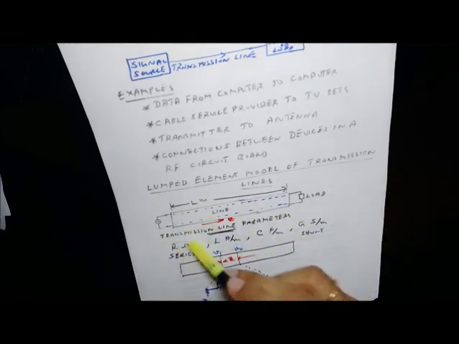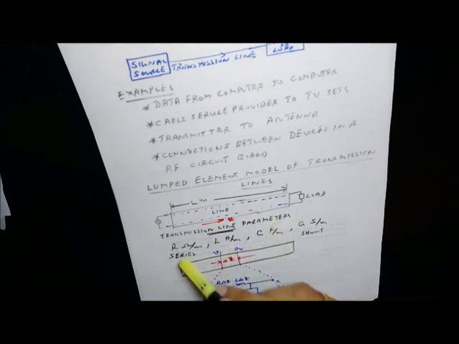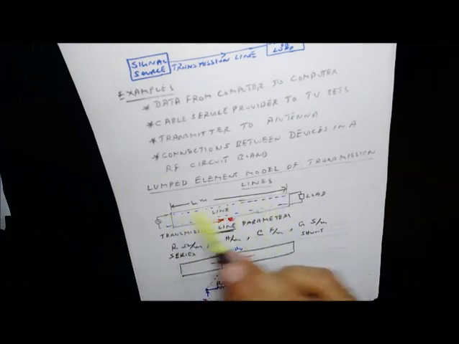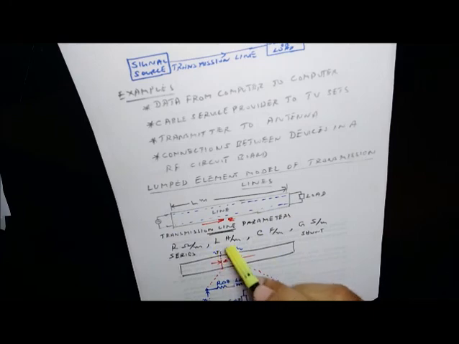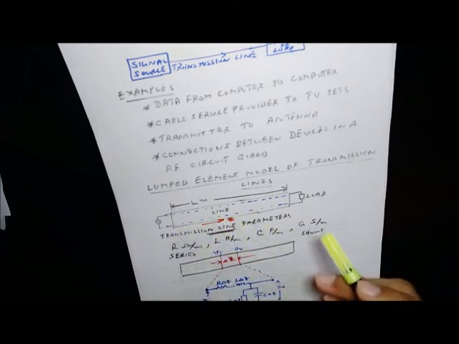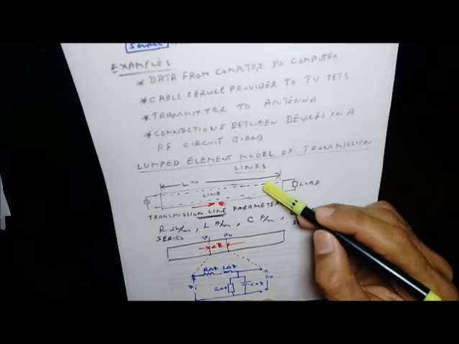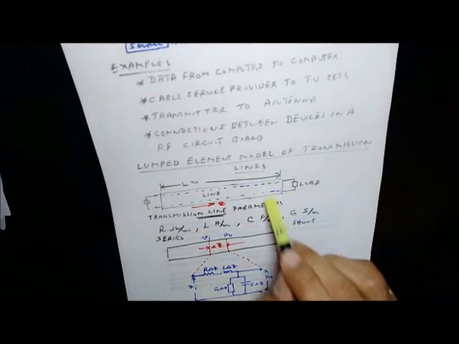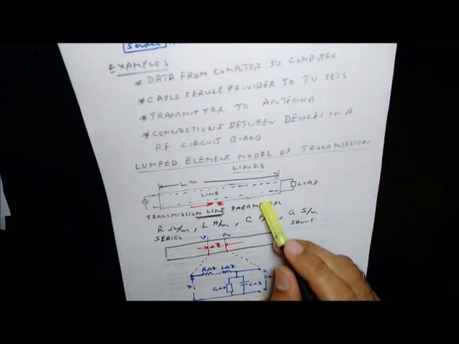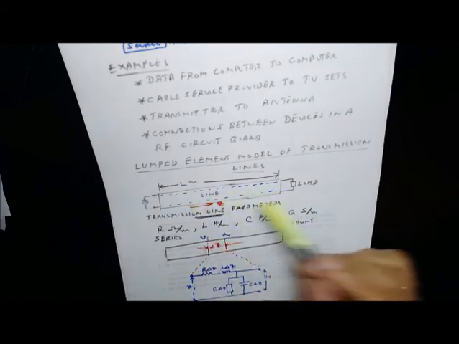That is what we mean by R, the first transmission line parameter, the resistance per unit length, R ohm per meter. Similarly, you can have an inductance because you have two conducting wires fairly close together. You will have an inductance which will be L Henry per meter. Again, it is per unit length. You will have a capacitance because you have two conducting wires separated by a dielectric. However small that capacitance is, there is definitely going to be some capacitance, which will be C farad per meter. Again, it is per unit length.